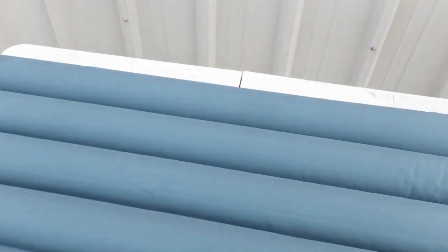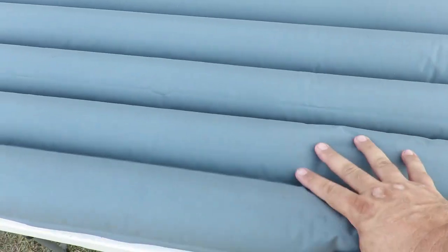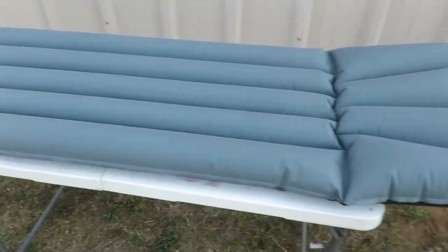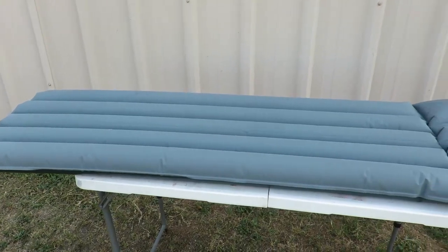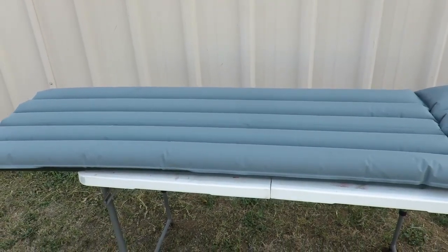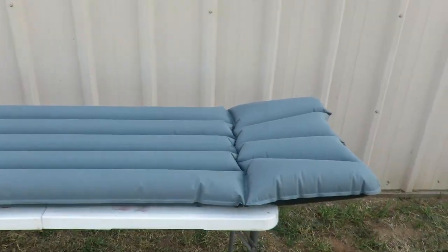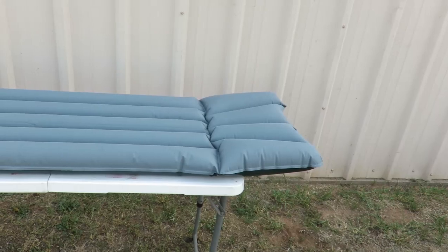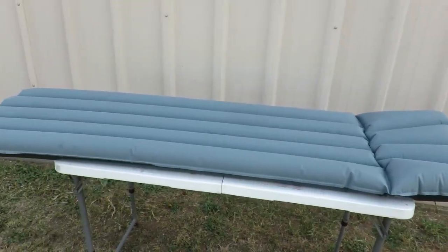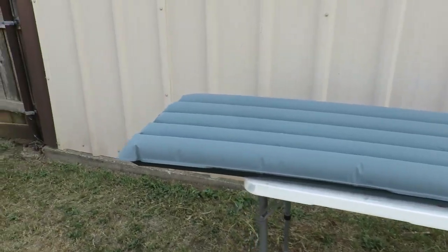Got a slick surface on one side, kind of softer, kind of velvet type substance on this side. Like I said, it is pretty thick, and it was pretty hard to blow up just using her mouth. I was too lazy to go get the little electric pump I got. I didn't want to go in that hot barn and try to dig it out. So it's not pumped up all the way, but that is